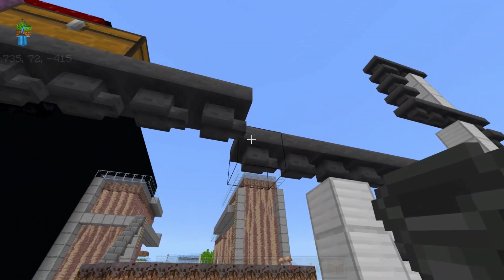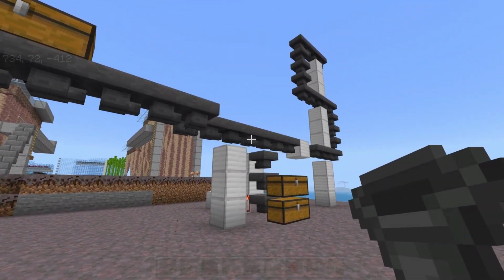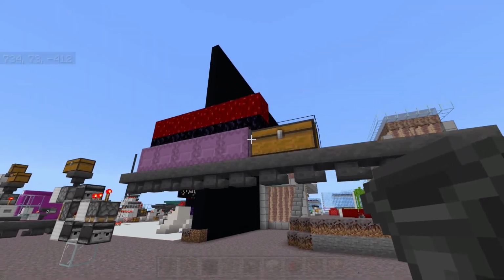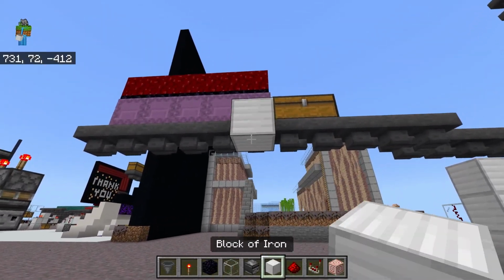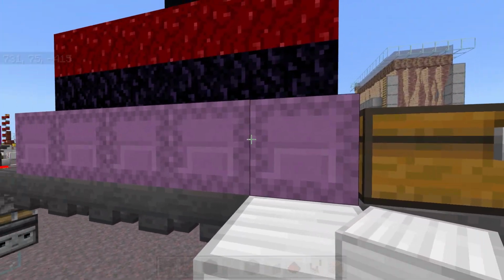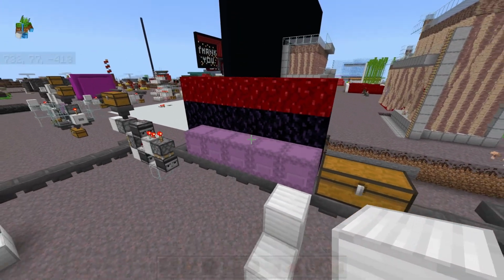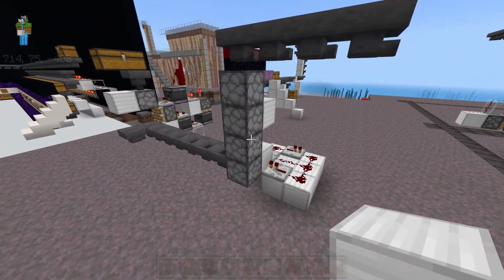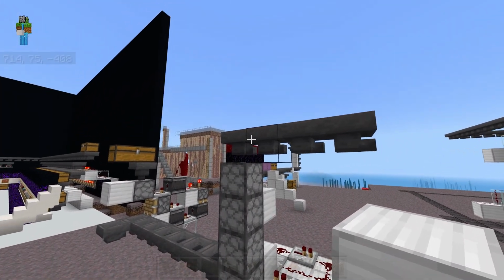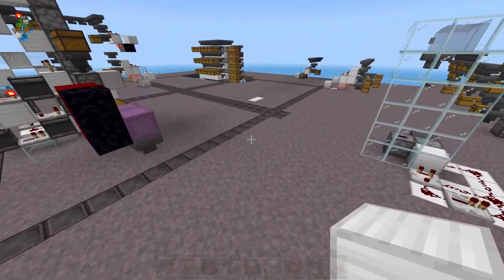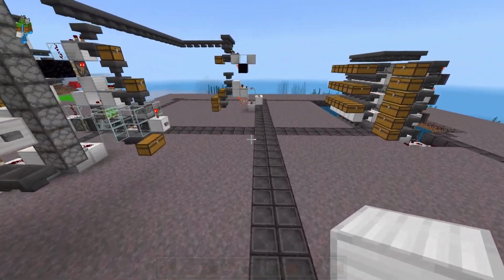That way I can just drop in my items above my item sorter, then they'll go through the hopper line and filter all the way down, and then whenever I want to actually access my storage system, I can just jump down. Or you could build a staircase up to your input section. It's all up to you, whether you use a staircase or build it above or use a dropper elevator. Either way, you need to raise the items up to the highest point that they will be when going through the storage system right off the bat.